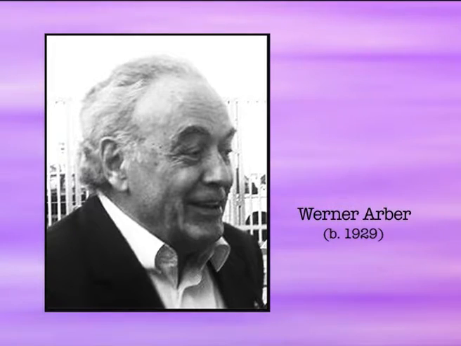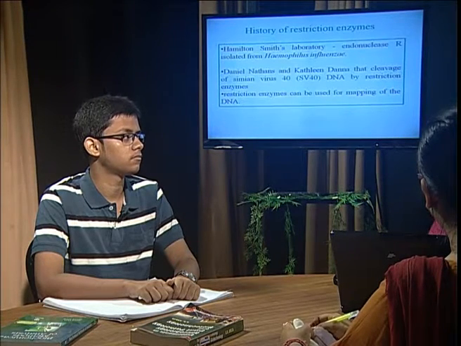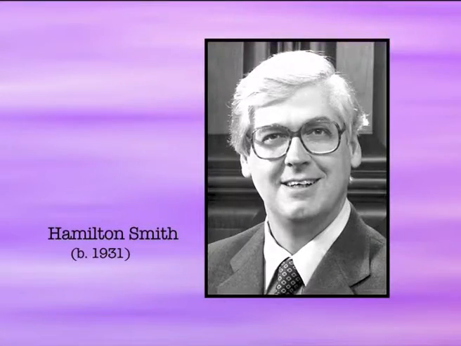So, in order to better understand the different kinds of enzymes working in different types of organisms, Werner Arber first discovered a restriction enzyme. He, however, discovered the type 1 restriction enzyme. He was trying to study the host control restriction and modification system when he came across this group of enzymes. However, his enzyme could not work in a very useful way as the type 1 used to cleave the DNA randomly. It was followed by another scientist by the name of Hamilton Smith.